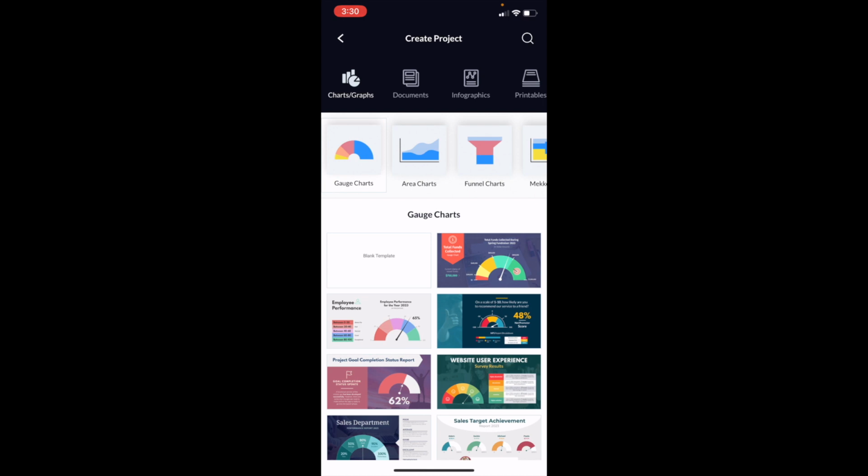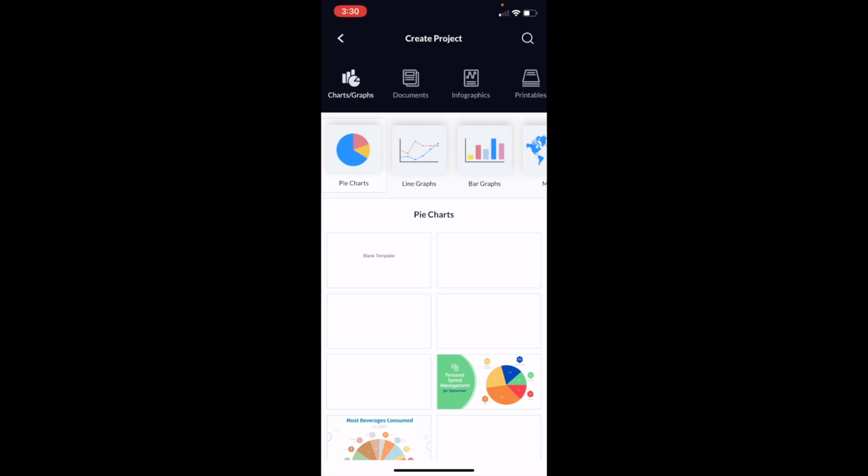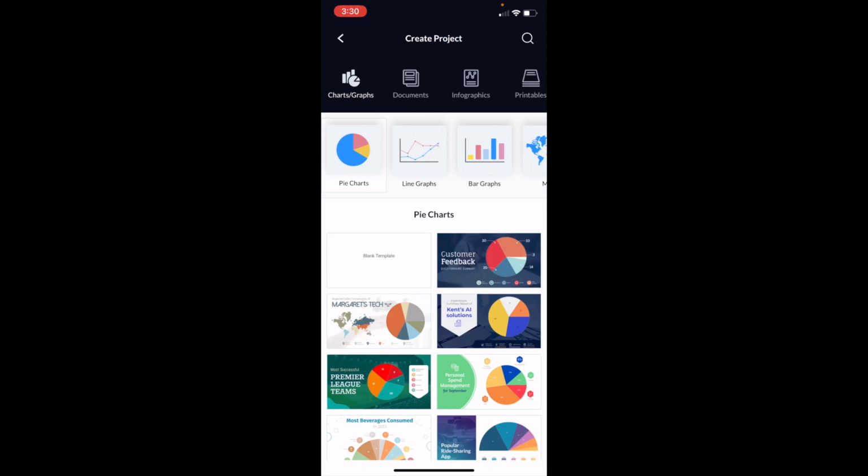Now where the charts are right here, just slide this bar all the way to the right until you come across a pie chart option. The pie chart option for me is right here between line graphs and scatter plots. Press on pie charts. So now what you can do is either select a blank template if you want, or